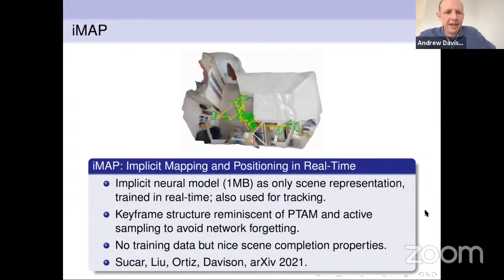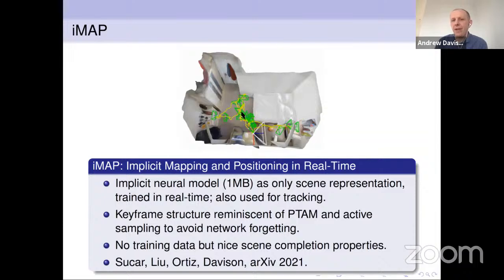So the latest project in this kind of general area that I'd like to talk about is one that we actually just made public last week. So this is a system called iMAP, led in particular by Edgar Sucar and Shikun Liu. So this is a quite new way to do SLAM that we're quite excited about, using the implicit neural representation, which is familiar to many people from papers like NeRF.